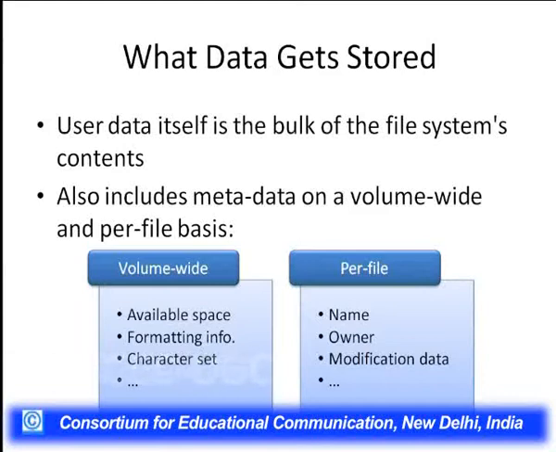So we talked about how the distributed processing is going to take place, but what we also need to take care of is what data is going to be stored, because big data is nothing but massive, it's huge. Do we need to store the entire data, or do we need to store some part of it? What kind of data needs to be stored? Users' data will in itself form a bulk of the file system content. Apart from the user data, whatever the user is generating, do we need to store any other information? Yes, we'll need to store the metadata relating to that file.